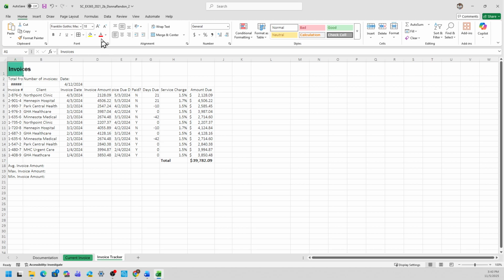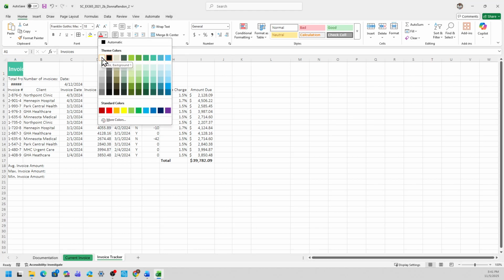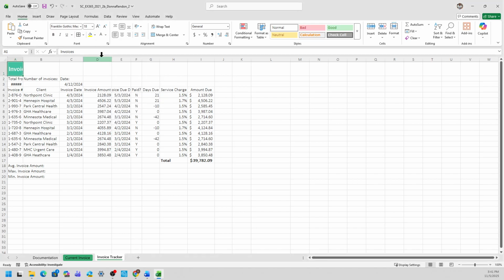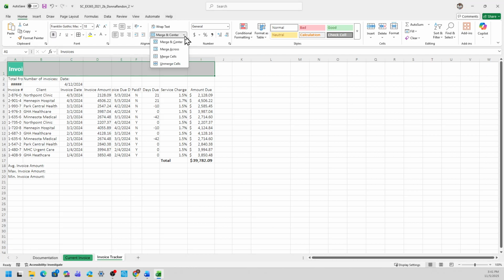And then the font color is here, font color. Select the drop-down menu and select the first column, first row, which is white background 1. And then bold the worksheet title, which is in the font. Select B as in bold. And this time select A1 to I1 because we're going to merge the cell. So that's A1 to I1. And then under the alignment, there's that merge and center, but select the drop-down menu and select merge cell. Okay.